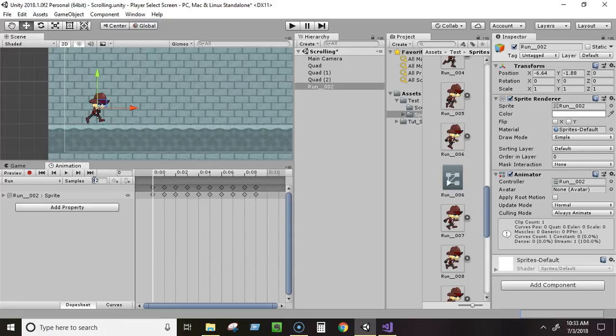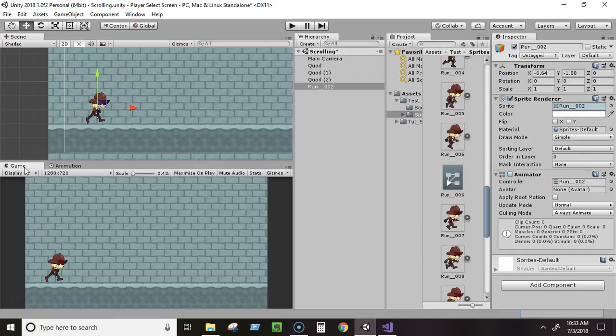So let's go ahead and make the sample size from 12 to 30, and if I play it, now as you can see it runs faster. So when you write 30, after that you need to press enter, otherwise it will not be saved. So this time if I go to my game view and click on play,